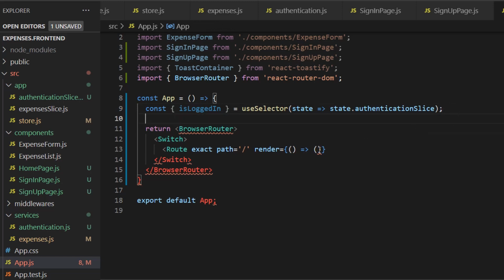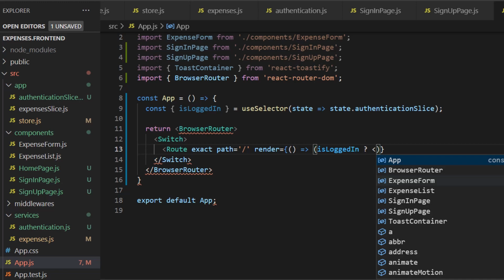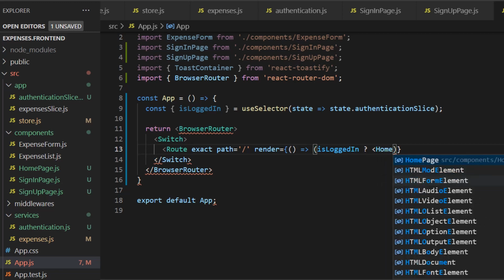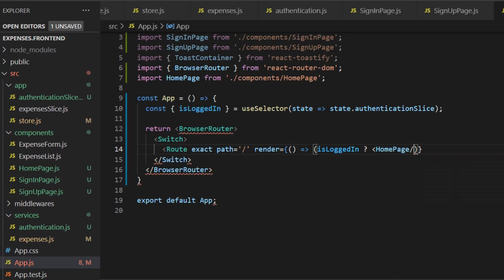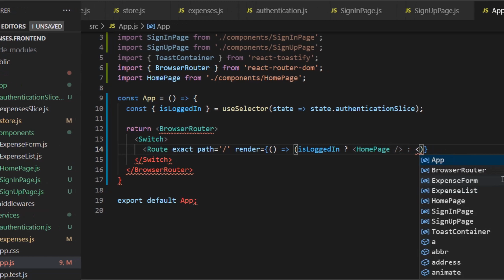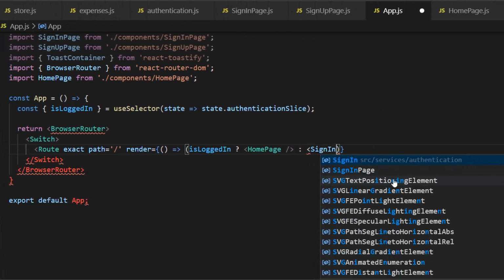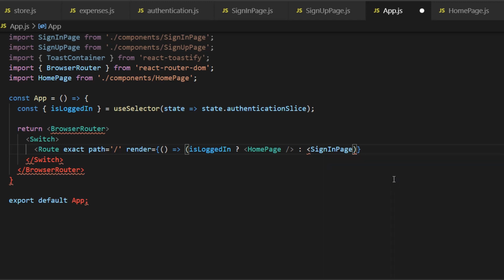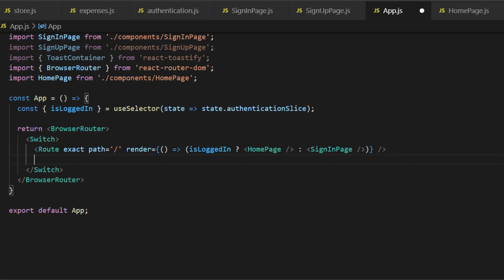So now we can say if it's logged in, then we want to render the home page. Else, we want to render the sign in page. Let's make sure we close that. There you go. Now the next route would be for the path